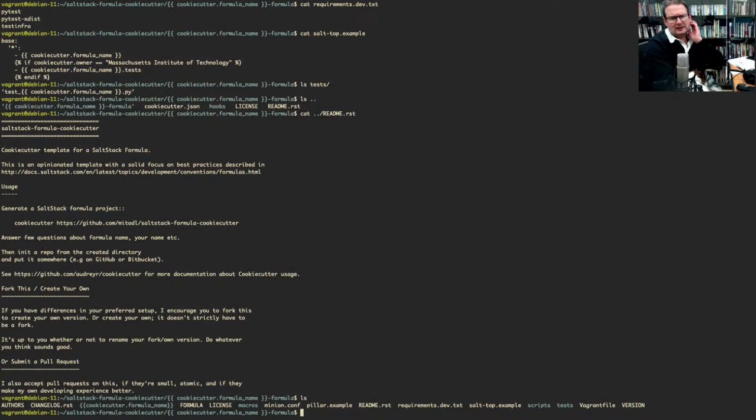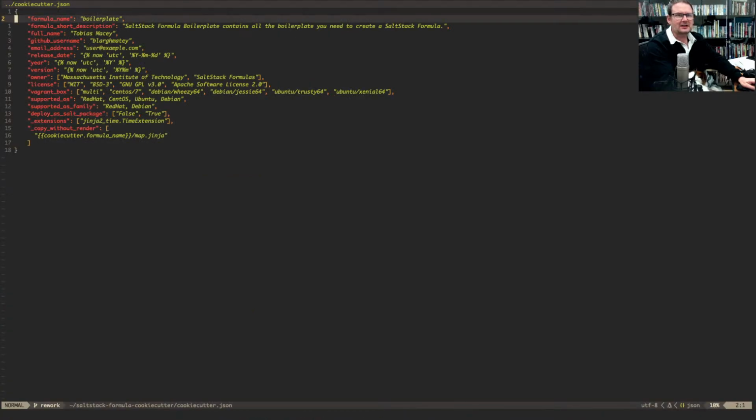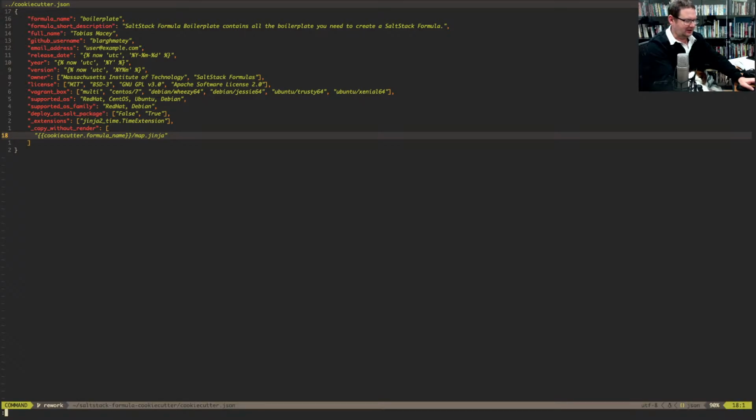Let me just move this microphone. Let me just show you what I mean. Right, so a couple of things in the formula. The first thing is that, as I suspected, there is a way. You see here, this copy without render. It avoids a whole load of crap with, in this case, now